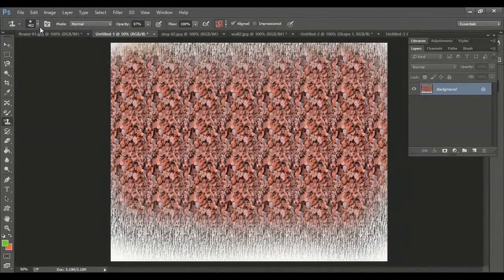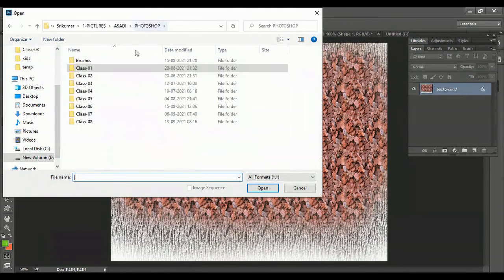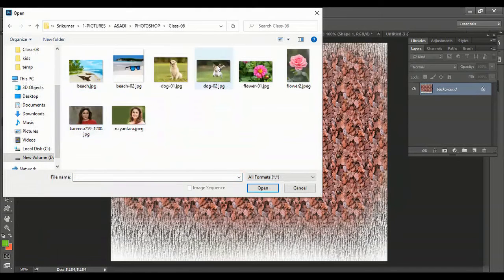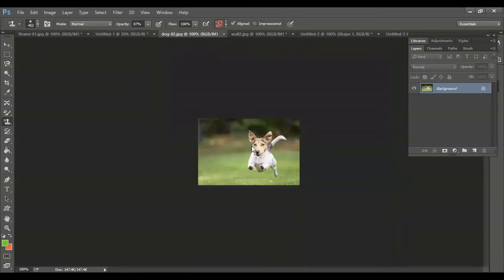Let me open another image. Suppose I want to create a pattern from this. I'll go here,